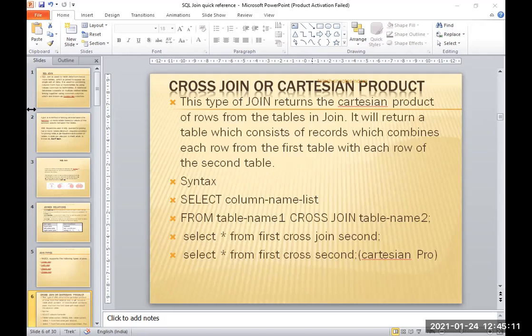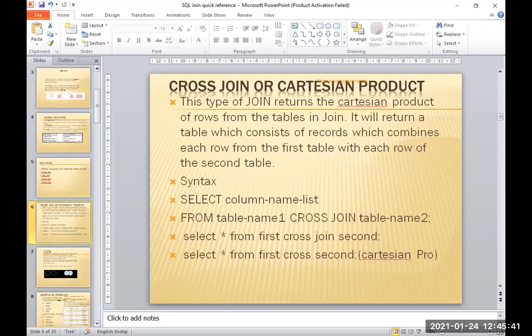The meaning is that the first row of the first table displays all the details of the second table, and the second row of the first table displays all the details of the second table. That is the most important thing. Here we see all the records will be displayed. In both tables two records are there, so the output will be four records. So 2 into 2: whatever rows are in the first table and the second table are multiplied and displayed.